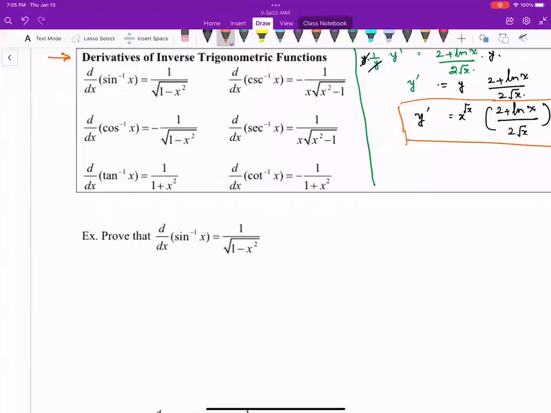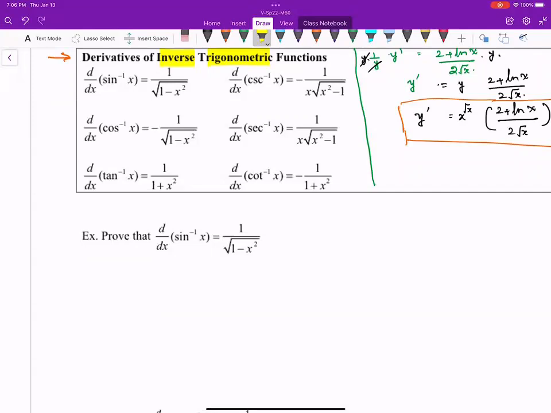So first, the derivative of sine inverse of x is 1 over square root of 1 minus x squared. And you have the table, just the way we did derivatives of trigonometric functions. This table gives derivatives of inverse trig functions. You know that an inverse function exists only when the function is 1-to-1, meaning it will satisfy the horizontal line test if you graph it. So you sometimes have to restrict the domain in order to make the graph pass the